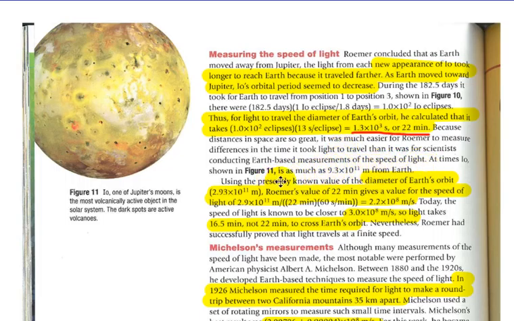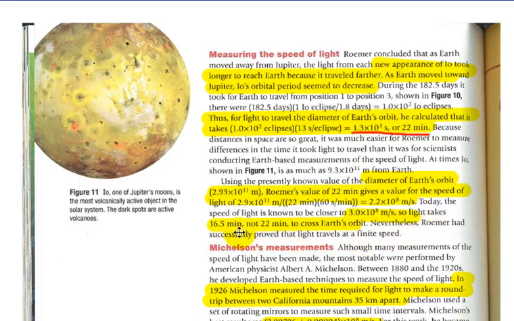At times, Io, shown in Figure 11, is as much as 9.3 times 10 to the 11 meters from Earth. Using the presently known value of the diameter of Earth's orbit, which is 2.93 times 10 to the 11, Romer's value of 22 minutes gives the value for the speed of light, approximately 2.2 times 10 to the 8 meters per second. Today, the speed of light is known to be closer to 3.0 times 10 to the 8 meters per second,